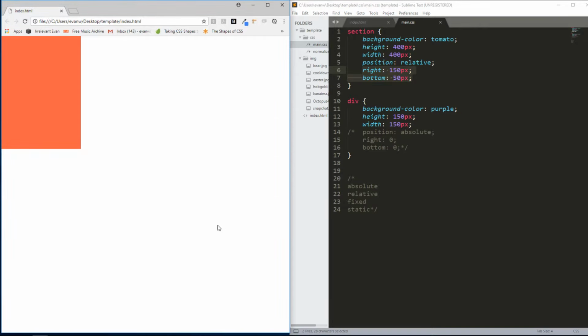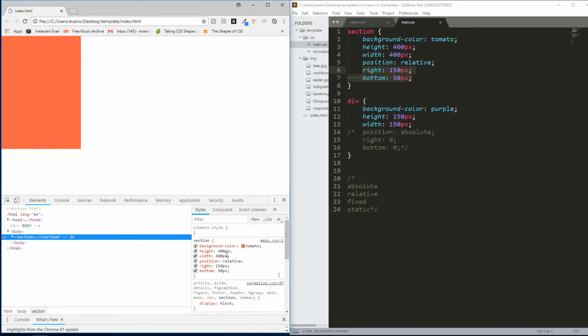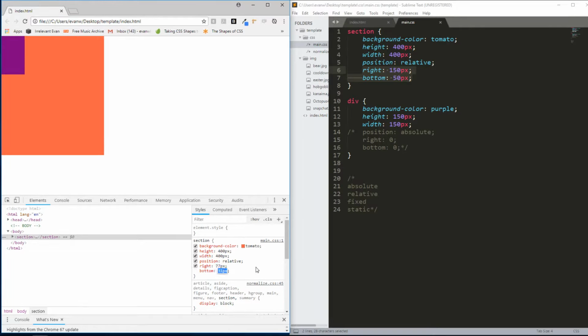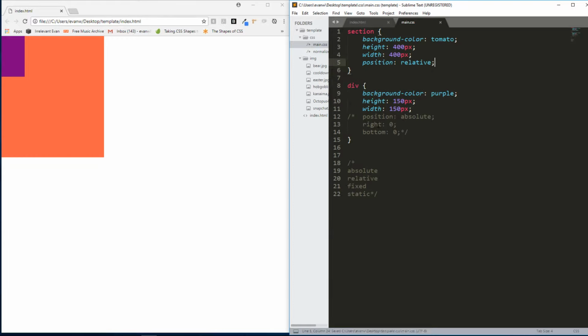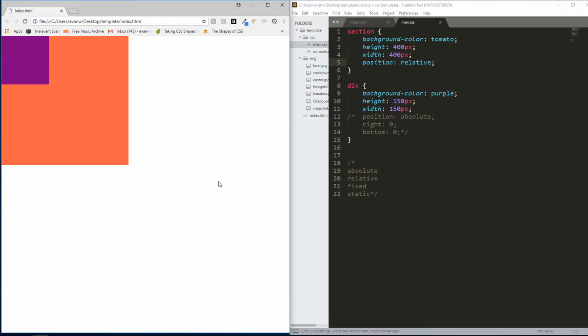And if we jump into our inspector, we can actually see this in action. Okay, that is position relative. Once again, position relative allows you to move an element relative to its static position. On its own, position relative will do nothing. The interesting thing here, and the valuable thing here, is what happens if we have